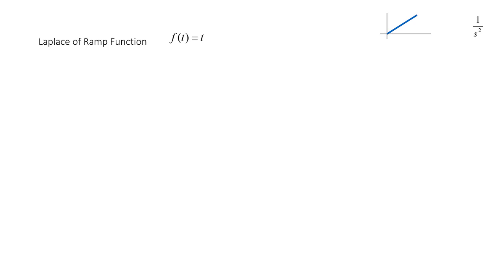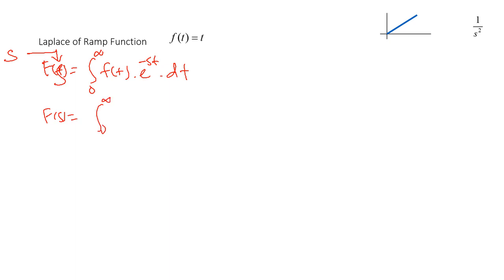In this slide, we want to find the Laplace transform of a function f of t equal to t. This is also known as the ramp function. So our formula for the Laplace transform is F of s is equal to the integral from 0 to infinity of f of t into e power minus st dt. We want to find the Laplace transform, so the output will be in the s domain. So here f of t is t, so put this value in it. F of s is equal to the integral from 0 to infinity of t into e power minus st dt.